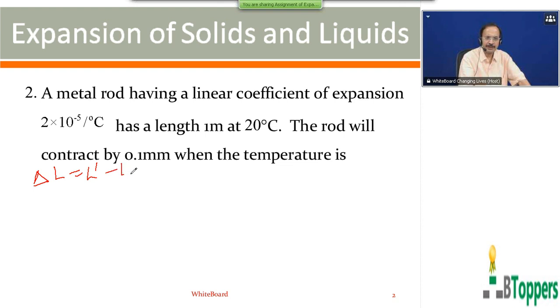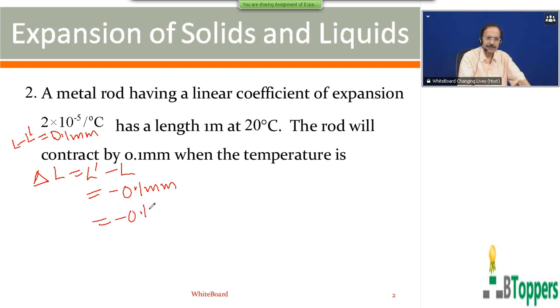Change in length we denote by delta L. If L is the original length and L dash is the new length, that means the final length will be less than the initial length by 0.1 millimeters. That means the initial length is more than the final length when temperature decreases. For delta L, that is L dash minus L, you can write minus 0.1 millimeter,